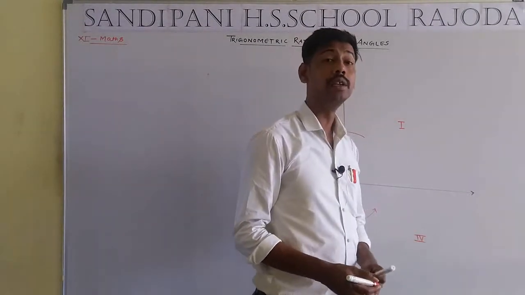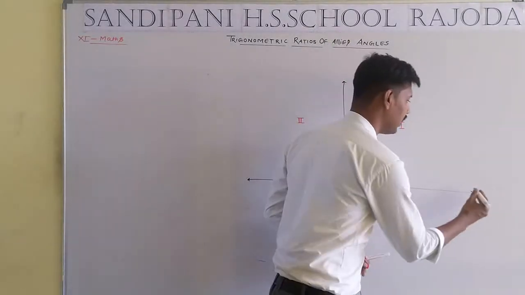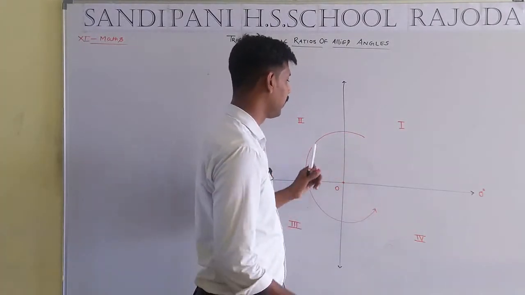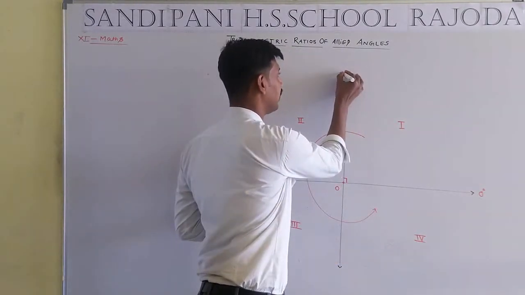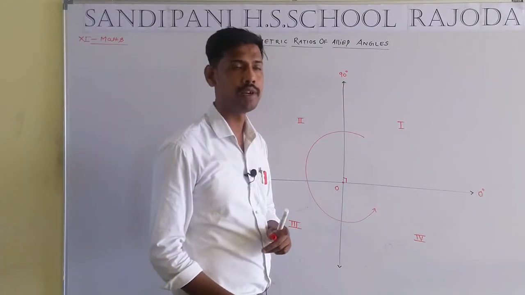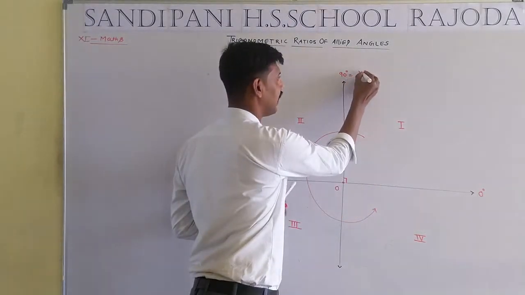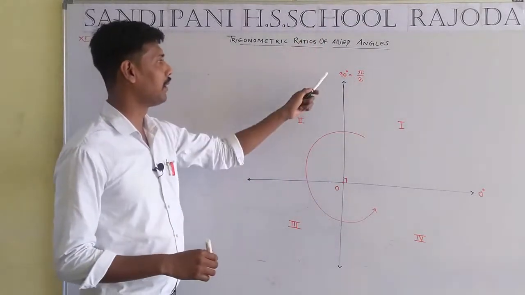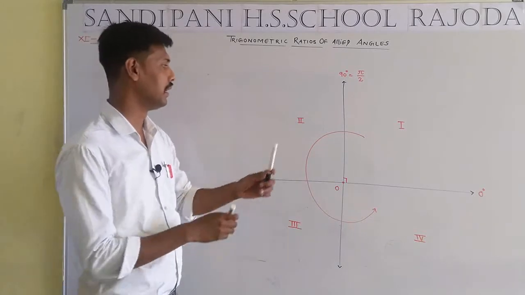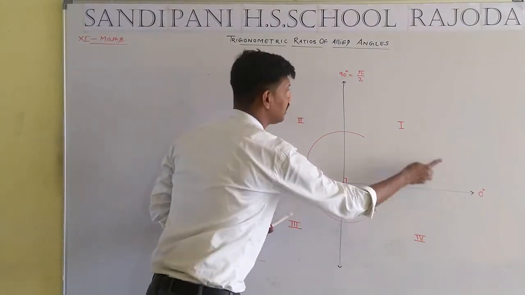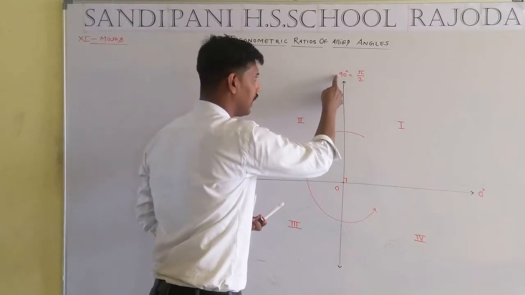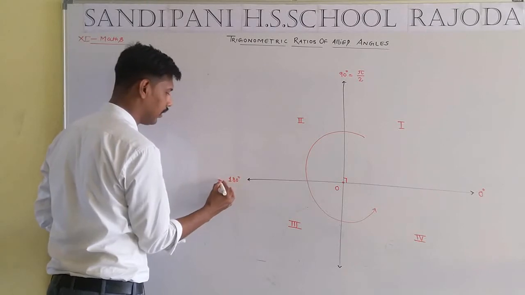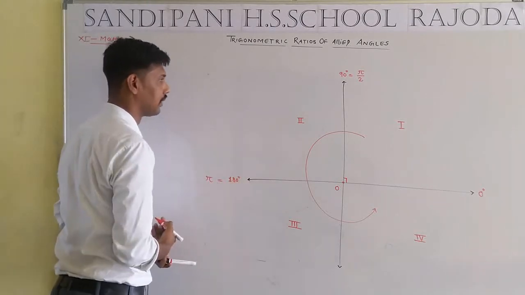It is the initial point of the diagram, so we take 0 degree. Both lines are mutually perpendicular to each other, so we take 90 degree here. What is the meaning of 90 degree, students? 90 degree, in another way, is pi by 2. I hope you get that pi by 2 is equal to 90 degree. 0 plus 90 is 90, 90 plus 90 is 180 degree. 180 degree is equal to pi.